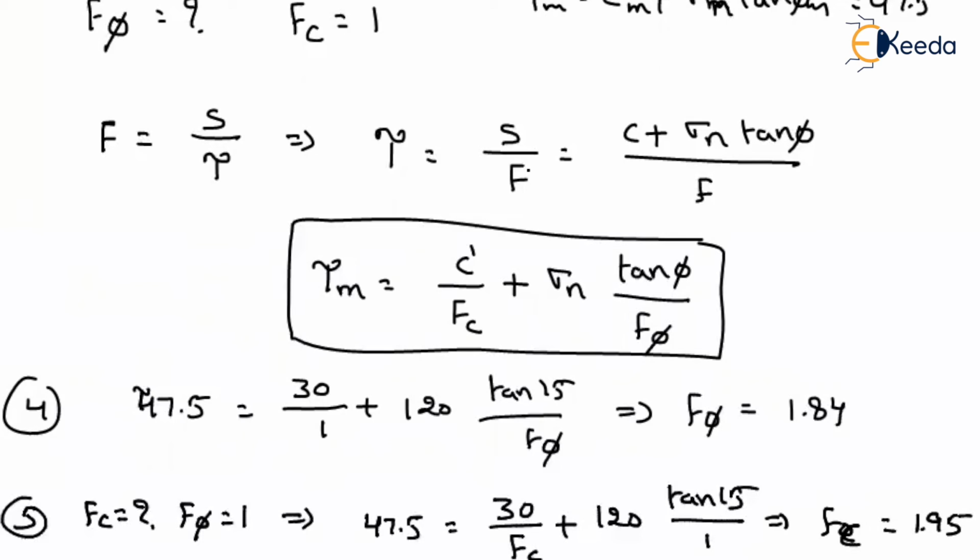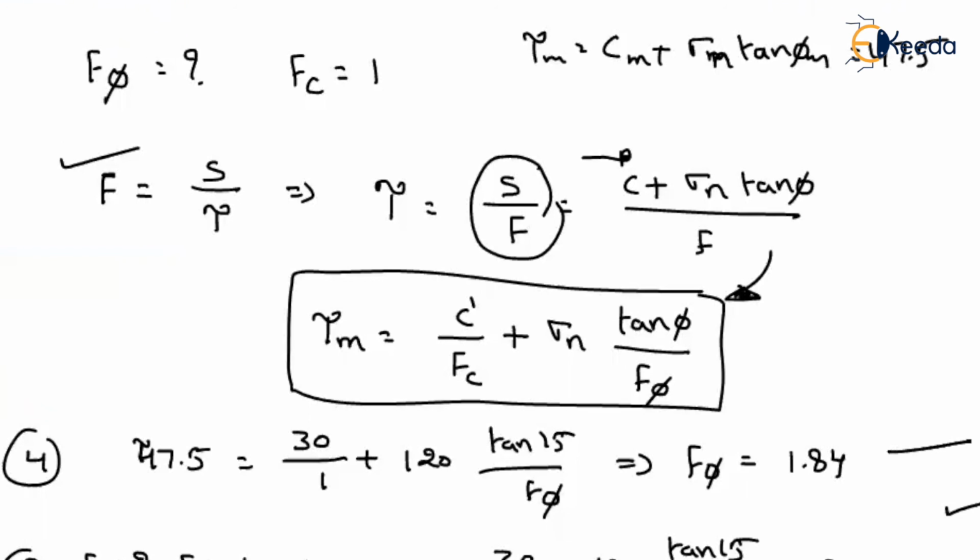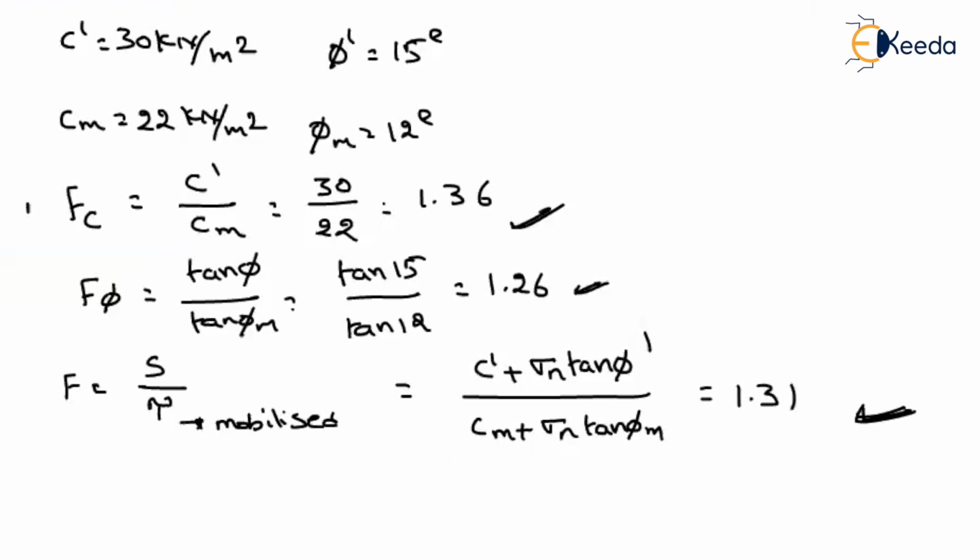Always see, you know this equation, and you have to understand that you have to write tau on the left side and take F to the downward side. After this, you have to be able to separate the factors of safety. If it is a single parameter, no problem. But if they are given separately, you have to separate the factor of safety with respect to cohesion and also the factor of safety with respect to friction. Here they are asking in a combined way, in general, what is the factor of safety? But here, what is the factor of safety with respect to cohesion? What is the factor of safety with respect to friction?